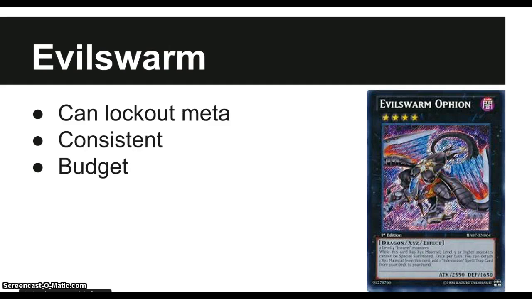Evilswarm. I got Evilswarm pretty much in all of my lists, and I know you guys are probably cringing like, why Evilswarm? And pretty much 2 reasons: Shadows and Qliphorts. You bring out Ophion, set on Ophion with some back row, and it can lock out the Shadow player from using their Shadow fusion, and it can lock out the Qliphort player from bringing out the killer and spamming the field via, I almost forgot what it was called, via,